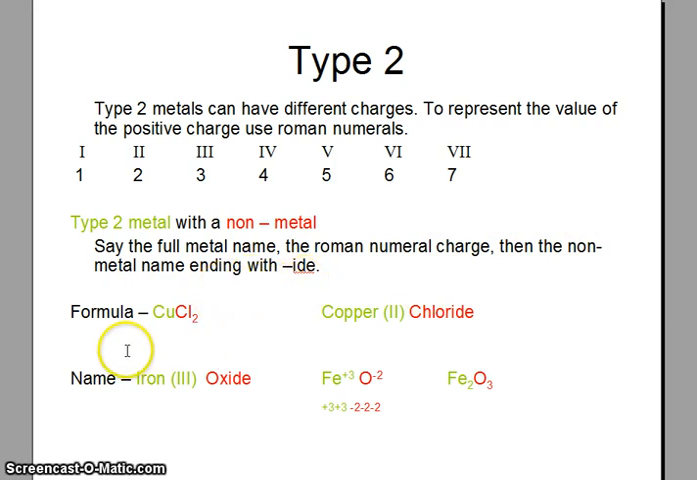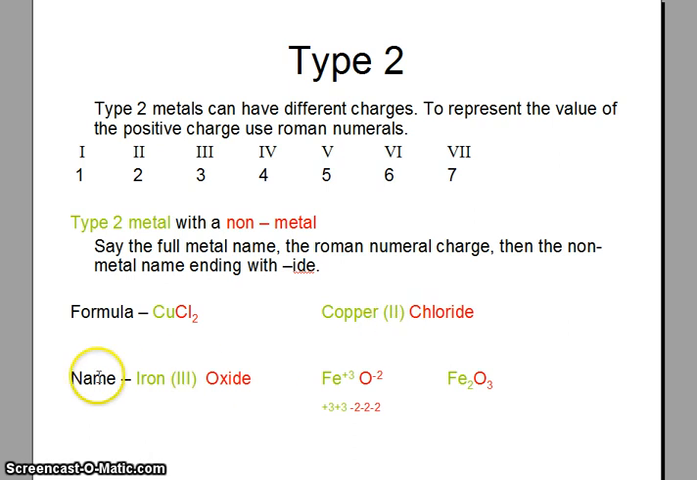So, for example, if you look at the formula CuCl2, what you do is you have to look at what the charge of chlorine is. Now, we know that chlorine is minus 1, and there's 2 of them. So you would do minus 1, which means copper has to have a positive 2 charge to make this balance out. That's why it's copper 2 chloride. The Roman numeral is the charge. Let me say that again. The Roman numeral in the name